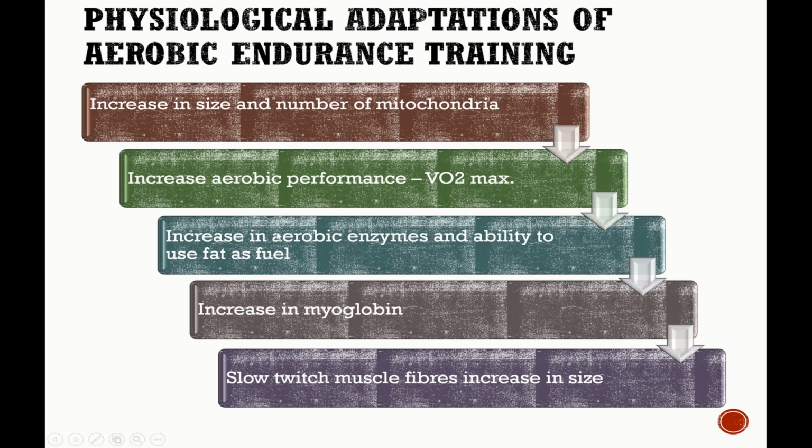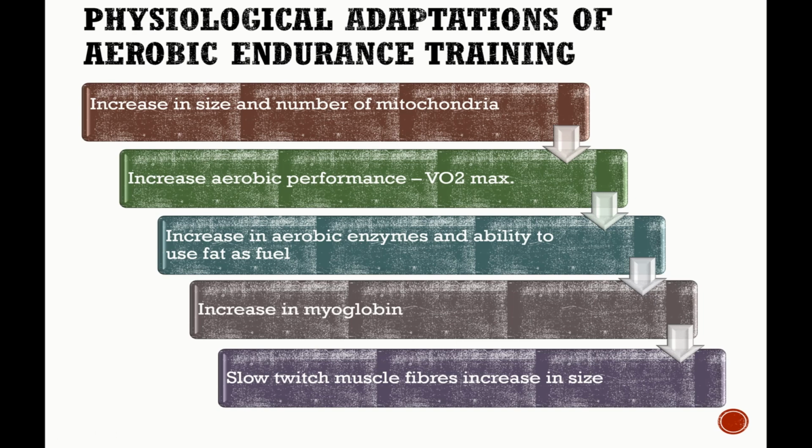The third adaptation on the list relates to an increase in aerobic enzymes and the ability to use fat as a fuel. So first off, if we remember, enzymes are all about breaking fuels down. The more enzymes we have, the more fuel that we can potentially break down, and therefore the more energy that we can reproduce. And then the ability to use fat as a fuel is going to be advantageous, given that